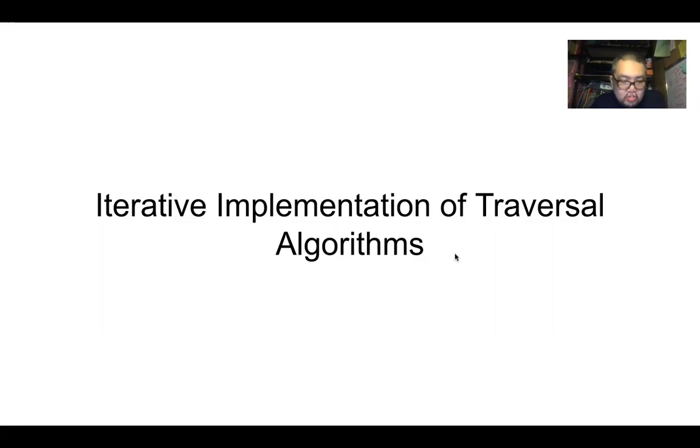During one of the earlier discussions, we looked at how binary tree traversals are implemented, and we have seen that these traversal algorithms were done in a recursive manner. So for this discussion, we will look at one way of mimicking the implementation of the pre-order, post-order, and in-order traversal. However, instead of doing it in a recursive manner, we will be doing that in an iterative manner.